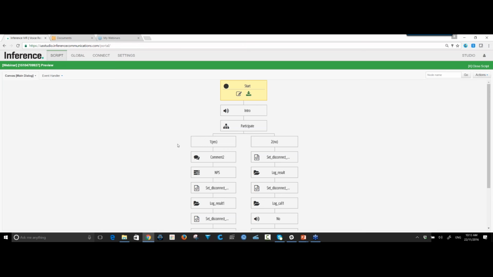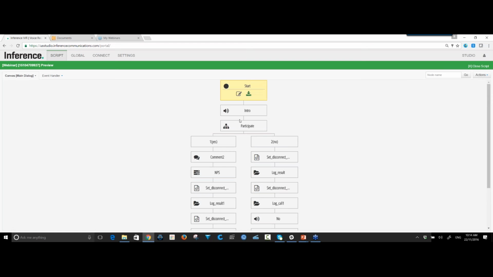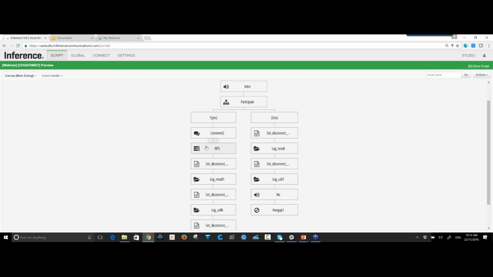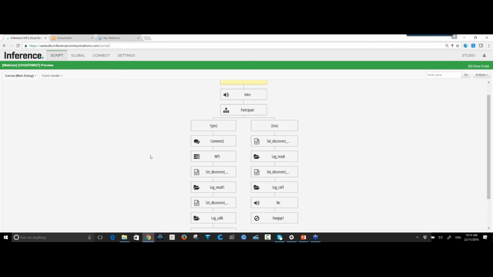Goodbye. All right, so very, very simple interaction, but actually a lot going on there. We're using, obviously, speech recognition. We've got a whole range of professionally recorded audio prompts that have been uploaded for us automatically based on the use of that template. We could go in and modify any aspect of this call flow, which I'll show you in a second. But before I do that, I just want to show you how the answer has been written